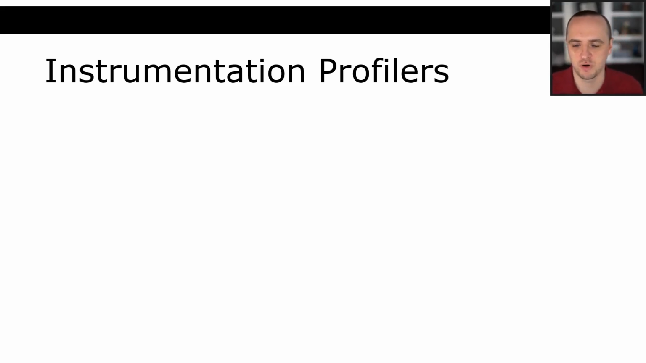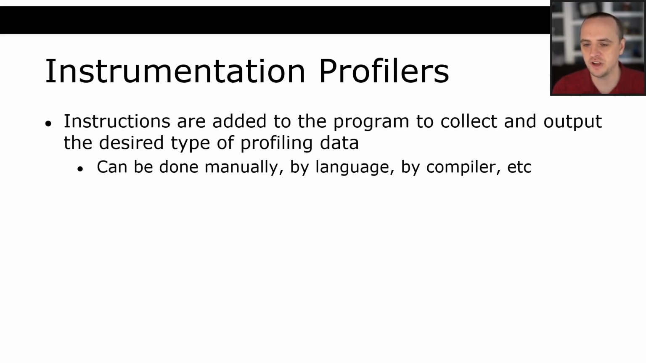The third type of profiler that we will talk about is called an instrumentation profiler. So an instrumentation profiler involves the most amount of work, but it also produces the most exact results. In an instrumentation profiler, instructions are actually added to the program to collect and output the desired type of profiling data. So it could be done manually, it could be done by the language, it could be done by the profiler, by the,